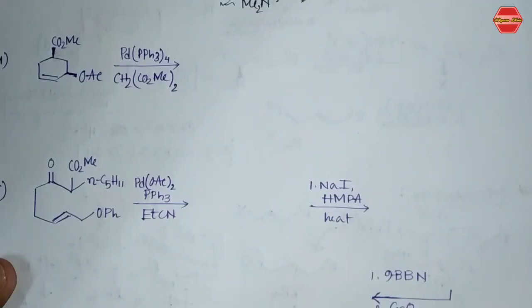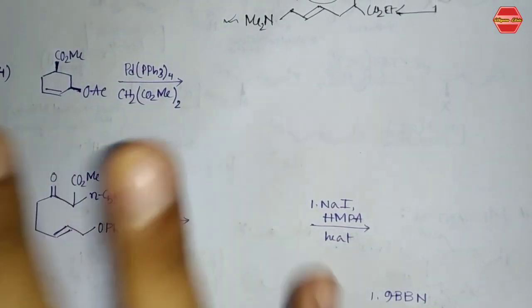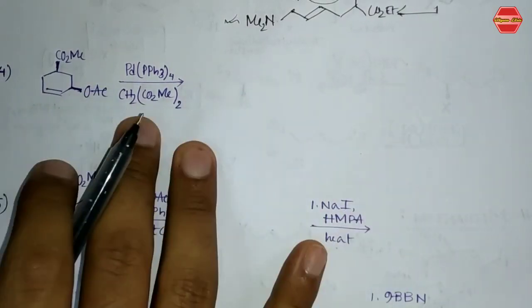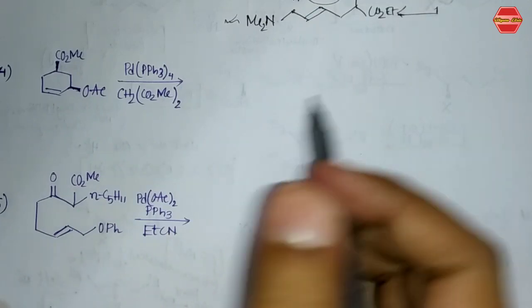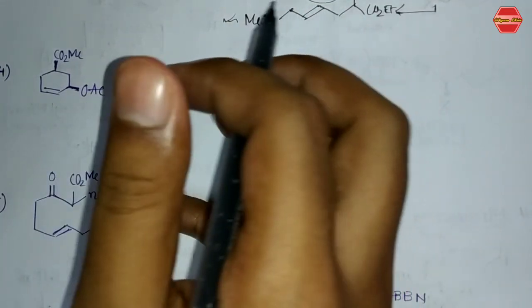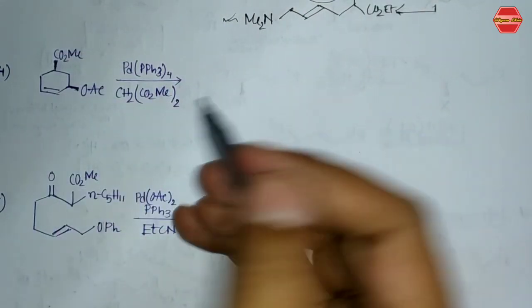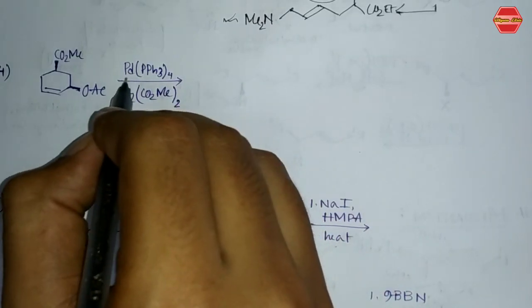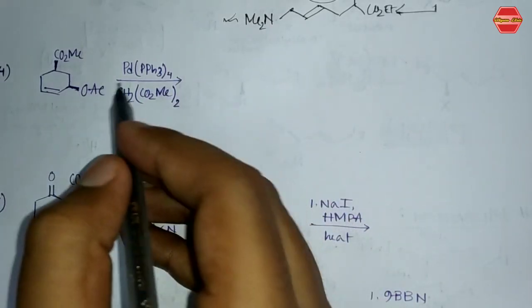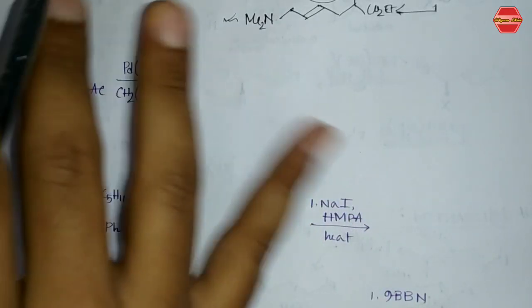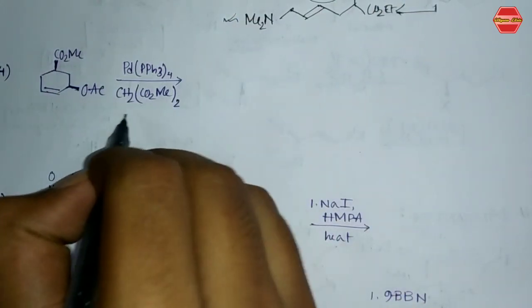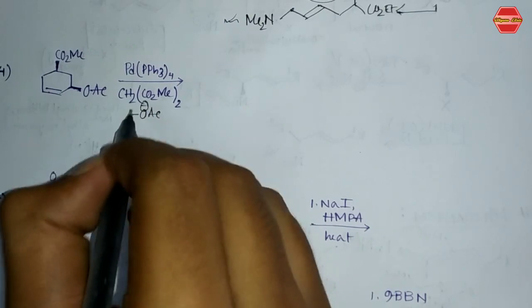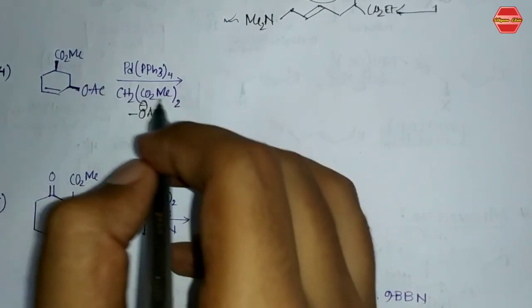Now let's see another example, and you can see the main role of the double inversion over here. You can see that this double bond and OAC are given to you, and palladium is also given over here. So let's see that. Now first we know that this palladium is attached with this to form the pi-allyl palladium complex. This OAC will leave from the system. So first the OAC minus will leave from the system. So the first step is the inversion.